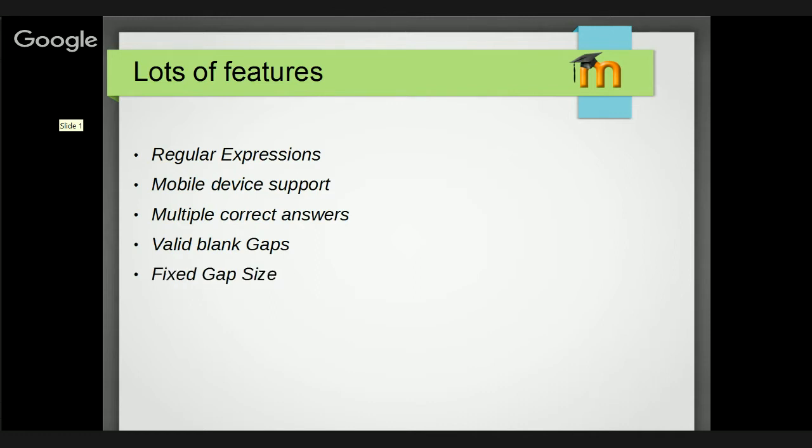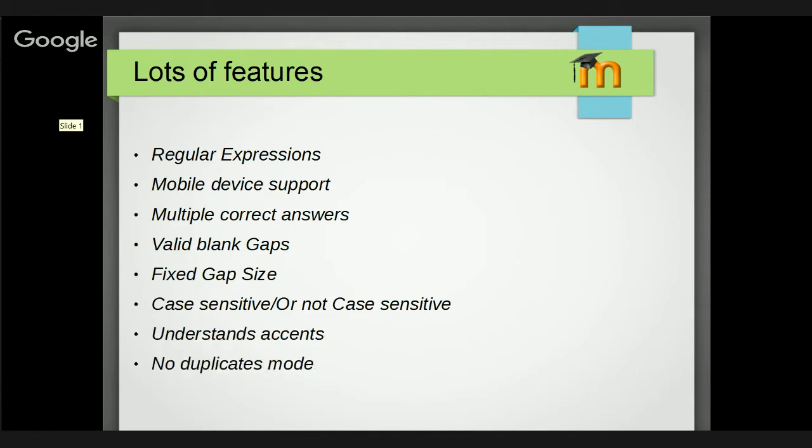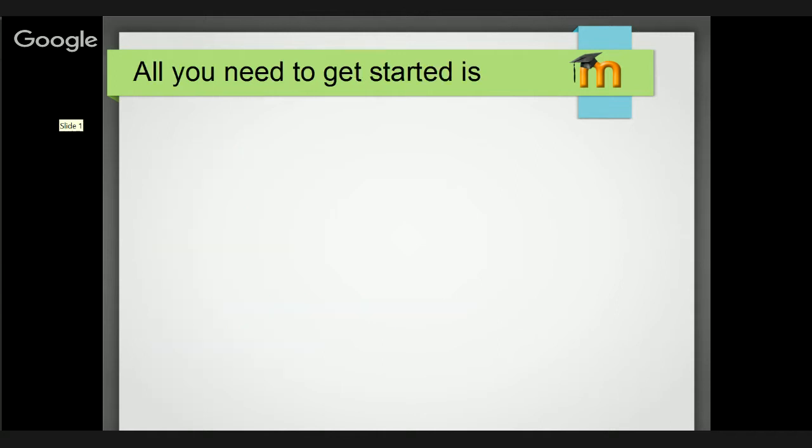You can have a fixed gap size, so you don't give any clues. You can have case sensitive or not case sensitive. You can have it understanding accents. You can have no gap. But the really important thing is that all you need to get started is put square braces around the missing